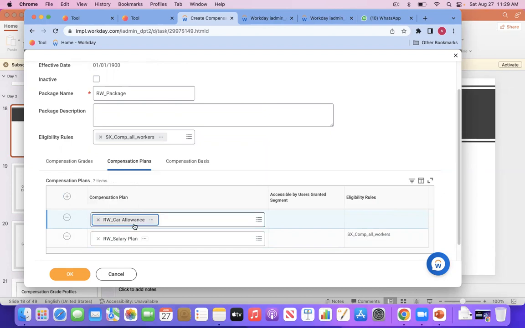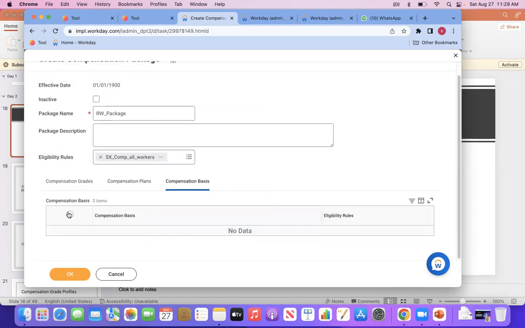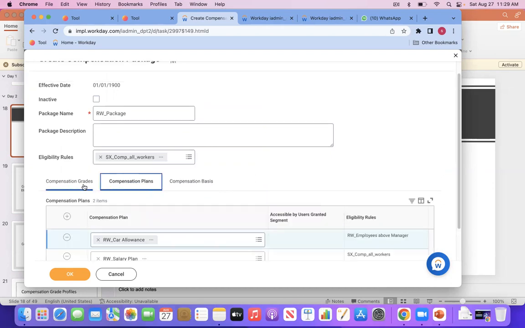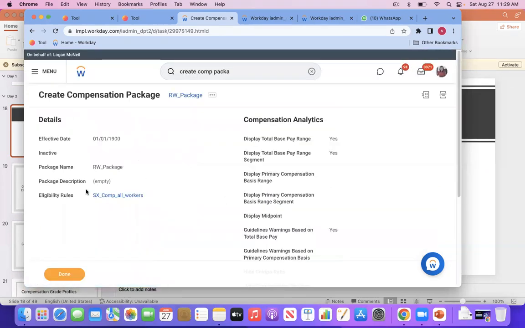So car allowance compensation basis is something which we are not considering right now, so you can keep it as blank. So what does this mean? This means that any employee who is a part of this supervisory organization created by Syed, they are eligible for